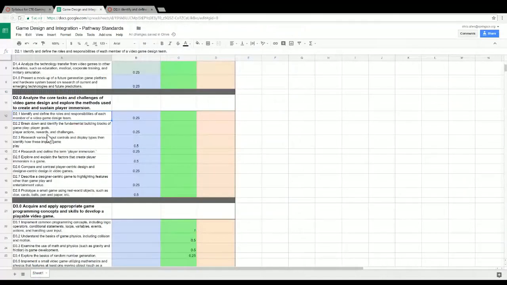Let's see what else. The only one on here that might take a little longer is coming up with a control scheme. So I do have an assignment for that as well. Basically, you should already be thinking about the game that you're planning on pitching, which a game pitch, as I've already explained, is you come up with a concept and you explain the concept and you pitch it to me